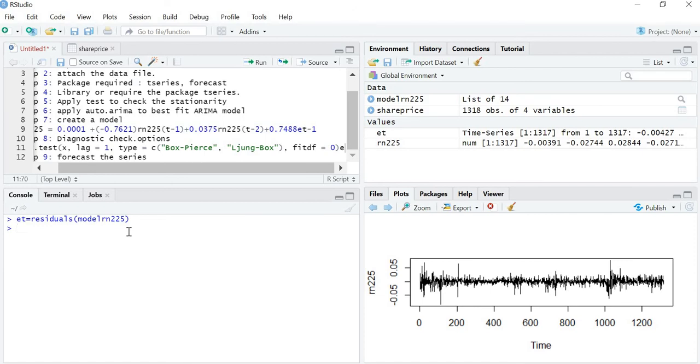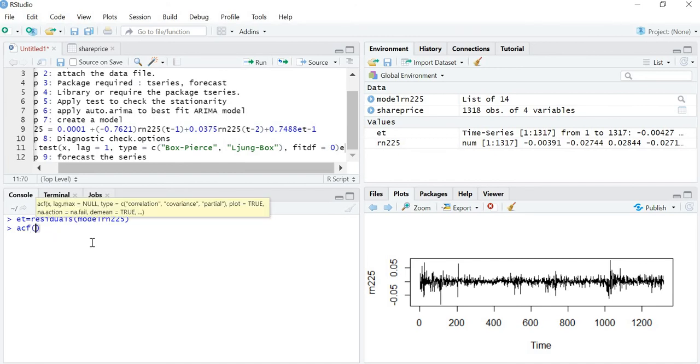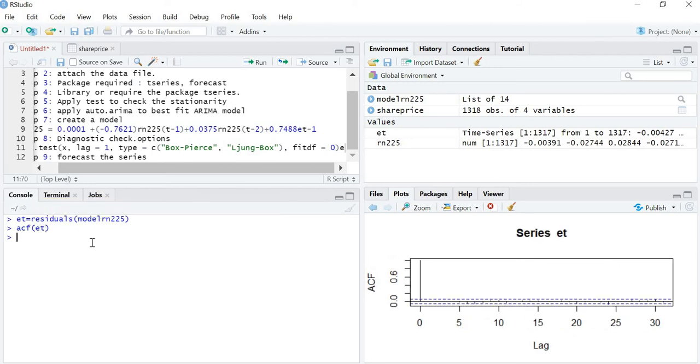The first diagnostic check is to see whether there is any correlation between the residuals or not. There are different methods to do this. First, we use the command ACF, the autocorrelation function, and my residuals are stored in the vector ET, so I am writing ET.